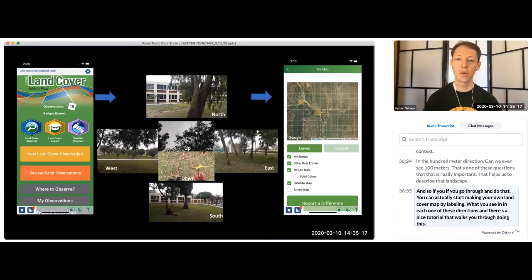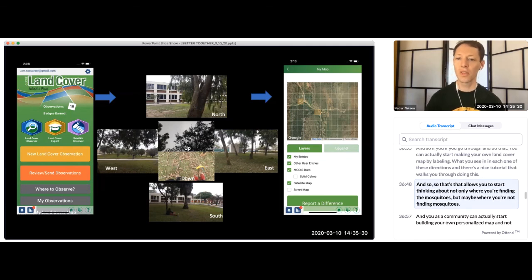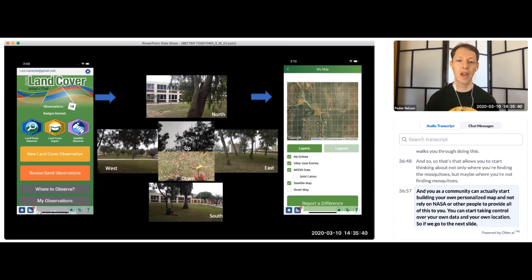And so if you go through and do that, you can start making your own land cover map by labeling what you see in each one of these directions. And there's a nice tutorial that walks you through doing this. And so that allows you to start thinking about not only where you're finding mosquitoes, but maybe where you're not finding mosquitoes. And you as a community can start building your own personalized map and not rely on NASA or other people to provide all of this to you. You can start taking control over your own data and your own location. So if we go to the next slide,